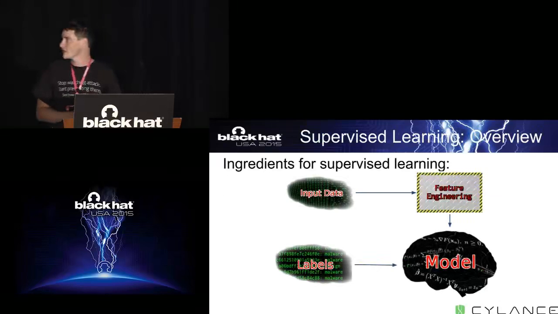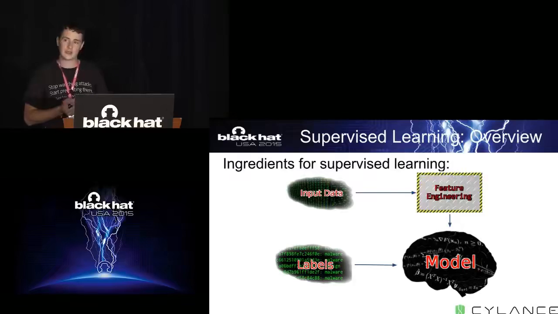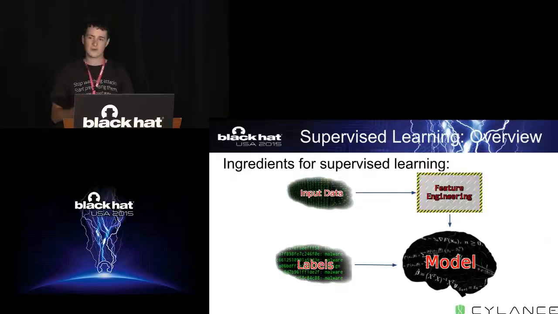So for supervised learning, we need 4 main ingredients, right? We need input data, which in this case is going to be a whole bunch of, let's say, binaries, things like that. We need something called feature engineering, which is a way to sort of take this raw information, these raw executables or whatever input data modality is, and crunch it into something that the model can understand. Then, of course, we need a predictive model. The model's job is to look at a whole bunch of data and then learn how it can tell between good and bad. And then we also need associated labels.